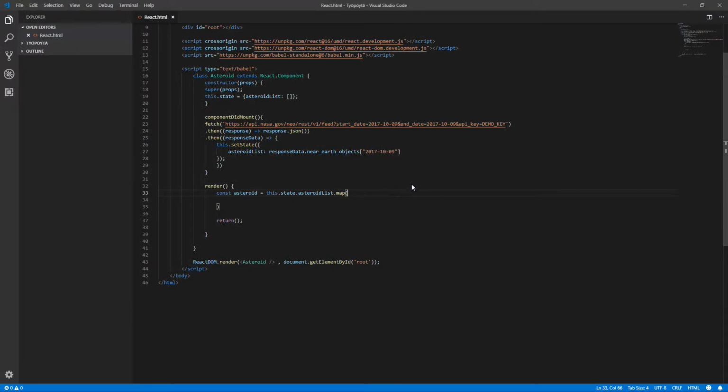So what we want to retrieve first is the name. So we just say asteroid dot name. So we name this object first. It's going to be called asteroid, and this object is going to then return the table structure, always this way, and inside that we have the rows,